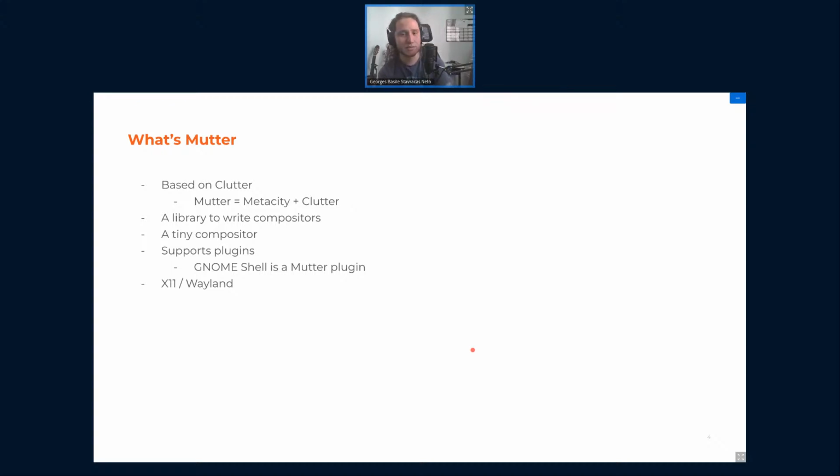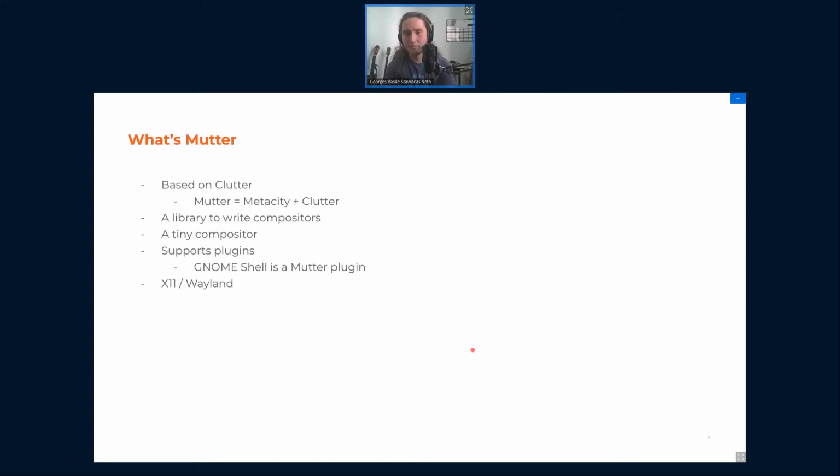And in this case, and throughout this presentation, every time I say Mutter, you can think of it as either GNOME Shell, which is essentially a Mutter plugin. It uses libmutter and adds a bunch of stuff on top of it. But you can also think about it as, I don't know, Elementary's Pantheon, which also is a compositor based on Mutter.